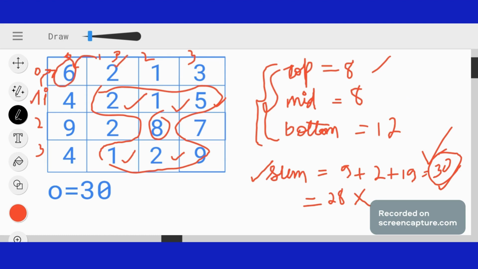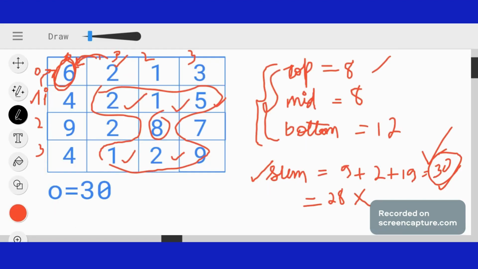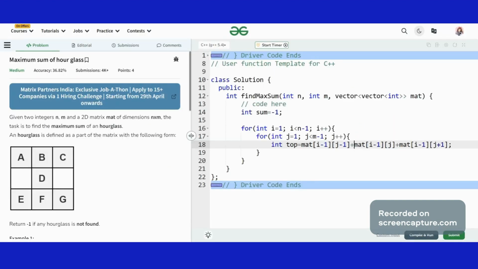If we do i minus 1, it will become 0. If we do j minus 1, it will become 0. We are pointing to 6. So, this is the first element present in the top. If we do the matrix element at index i minus 1 and j, my i was previously pointing to 1. If we do i minus 1, that is 1 minus 1, my i will now point to index 0, and with j equal to 1, the element will be 2. So now my i and j are pointing to the element 2. So we are getting the second element present at the top.